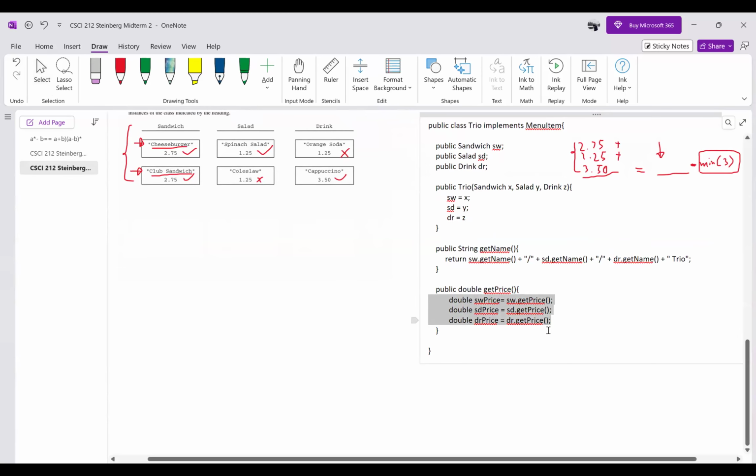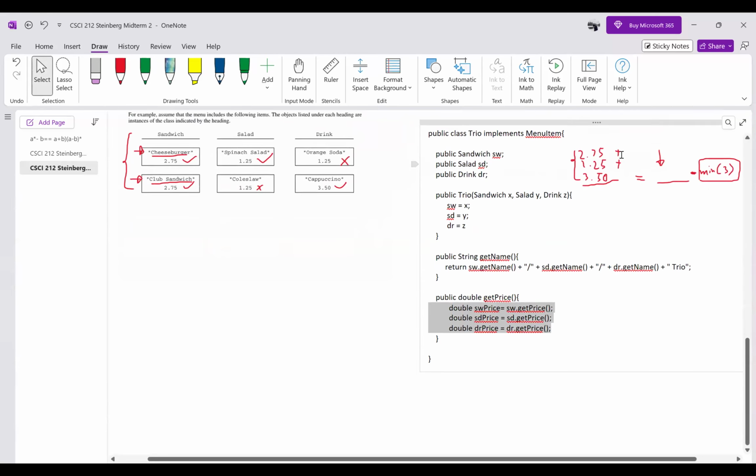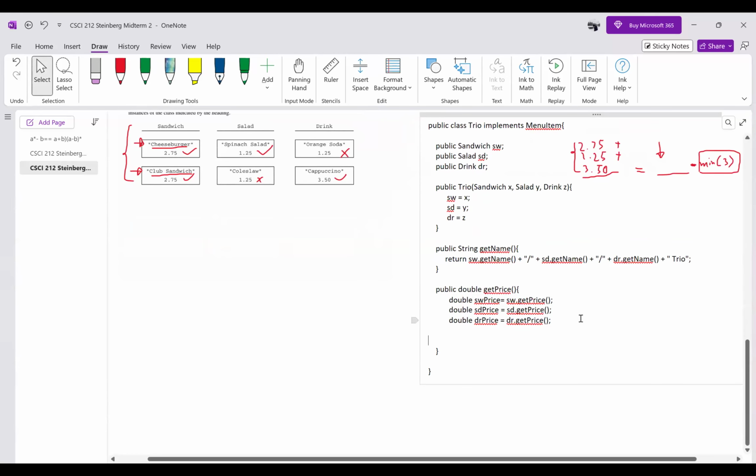So now we know that these are the three prices, and what we described here is that I'm going to add everything up. So let's just add them up first. I'm going to call it, I guess, total. And we want to add them up: SW price plus SD price plus DR price. And that will be my total. We know that the total has all three, but we don't want the smallest one. So I can get the smallest one. Let's store that in a variable